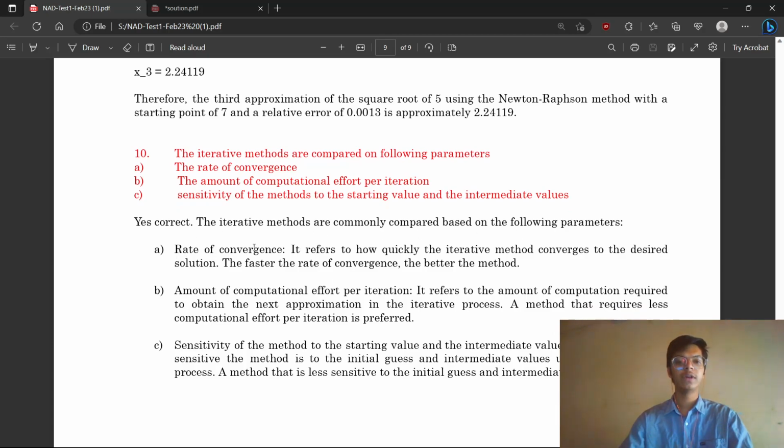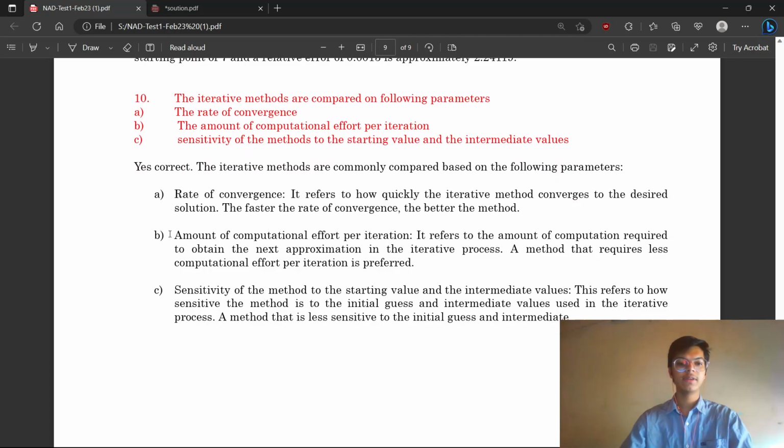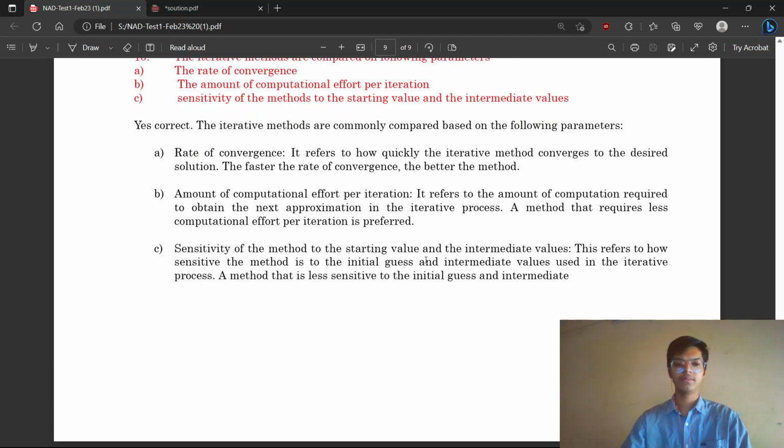In the first, rate of convergence, the faster the rate of convergence, the better the method would be. Now in the second point, it was given that amount of computational effort per iteration refers to the amount of computation required to obtain the next approximation in the iterative process. So a method that requires less computational effort per iteration is preferred. Now third is sensitivity of the method to the starting value and intermediate values. So yes, this refers to how sensitive the method is to the initial guess and intermediate values used in the